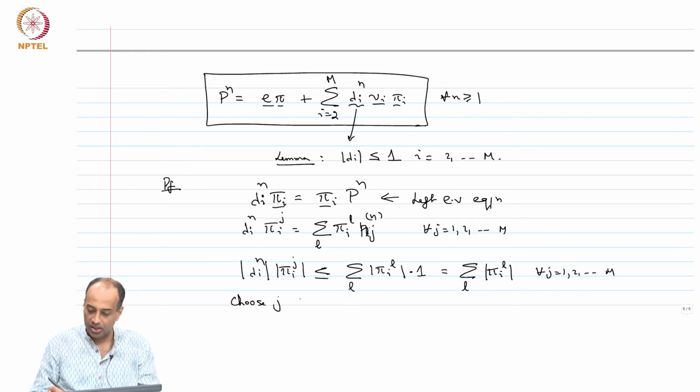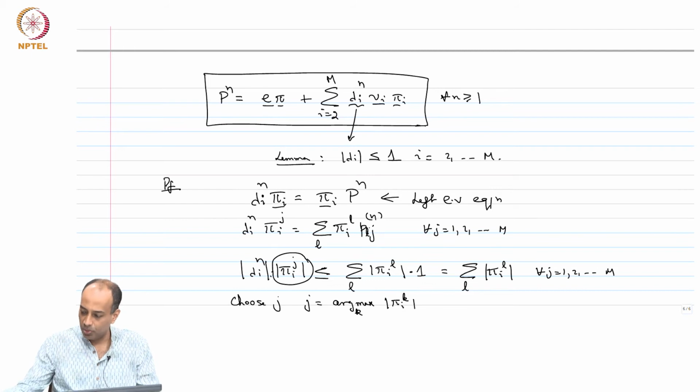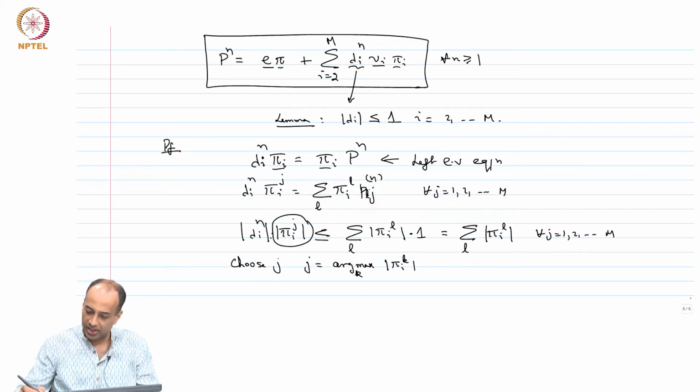So, choose j such that j is equal to argmax of the absolute value of pi I k over all these. So, you take the j for which this absolute value is the biggest. Then what happens is that you will get the absolute value of lambda I to the n